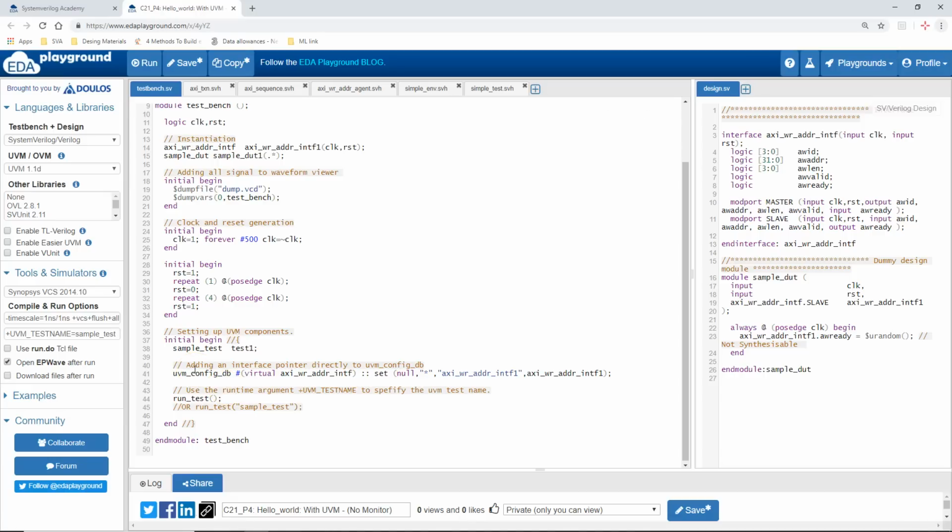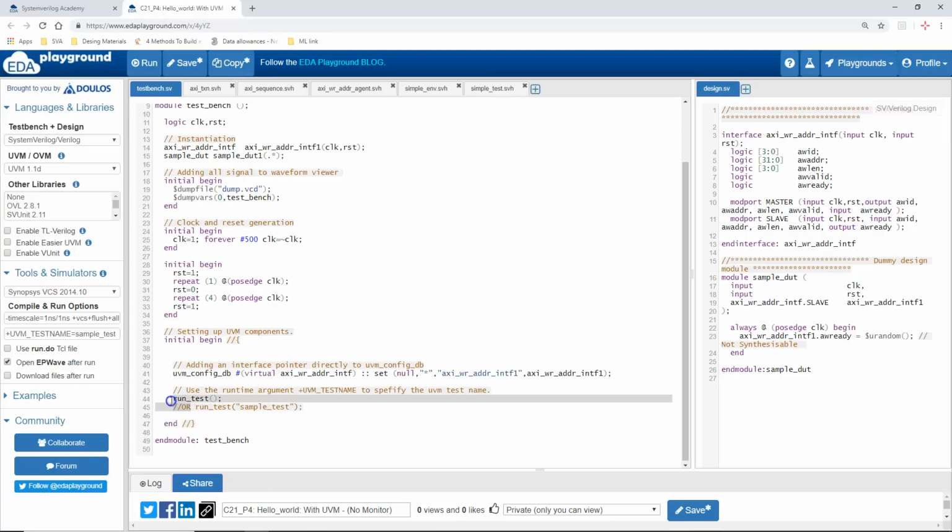But you don't need to declare an instance of this sample test directly here. So this line is not required, but instead we use UVM's own mechanism to create an object of the top level test class which is running in the current simulation. The mechanism is like this. You call a task named run_test with an argument of the test that needs to be run.